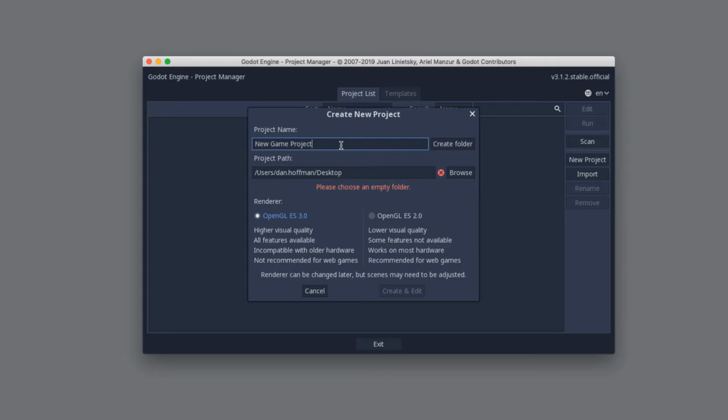Now I can give my project a name. And because this is session 2, I'm just going to call this project session 2. And I'm actually going to ask Godot to create a folder on my desktop called session 2. So I'm going to click create folder, and you can see here